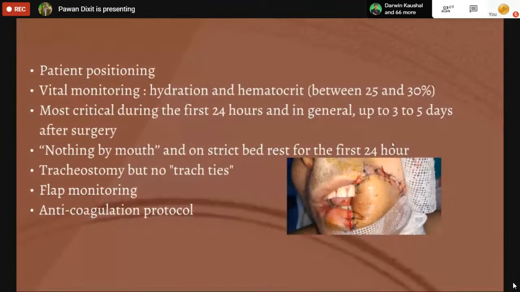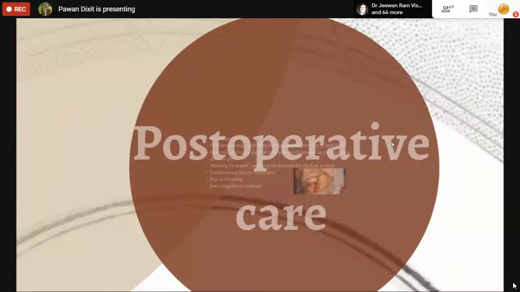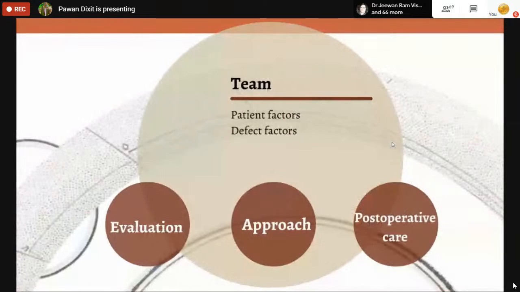Anticoagulation protocol is different in different institutions. We initially followed the protocol of continuous heparin infusion, but in view of complications like more bleeding, we switched to Clexane, single dose in 24 hours, and the outcome has not been different. In terms of success of the free flap,